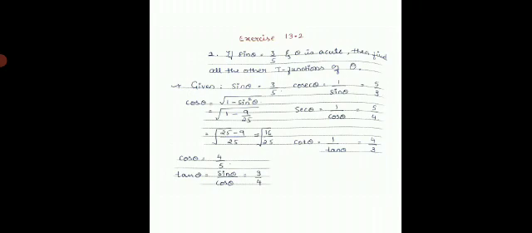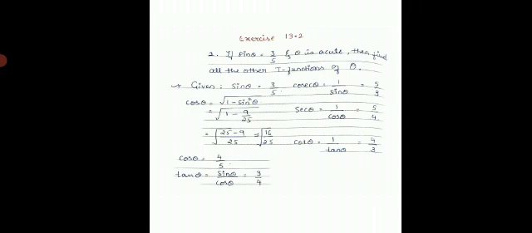Now tan theta is written as the ratio of sin theta and cos theta. That is, find the ratio between sin theta, that is 3 upon 5, and cos theta, 4 upon 5. Both the denominators will get cancelled, and we are left with 3 by 4. So this is the value of tan theta. Similarly, the remaining 3 functions we get by taking the reciprocals.